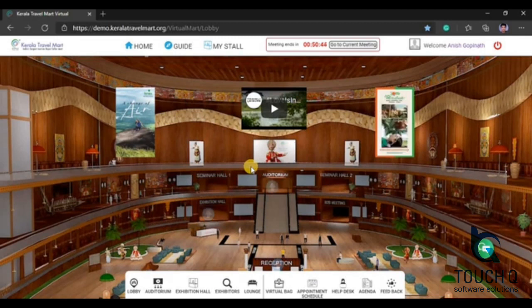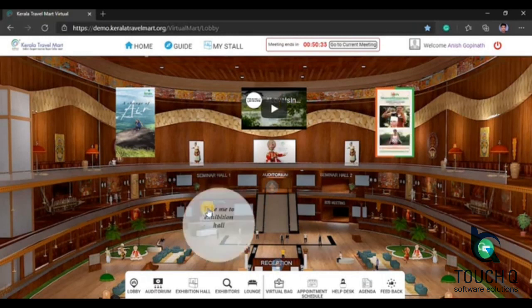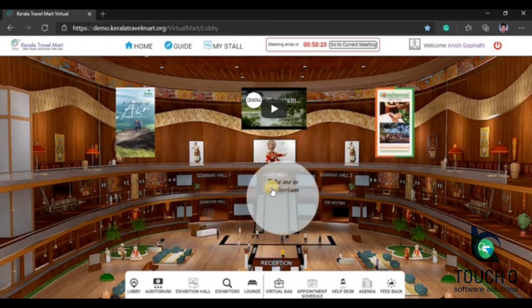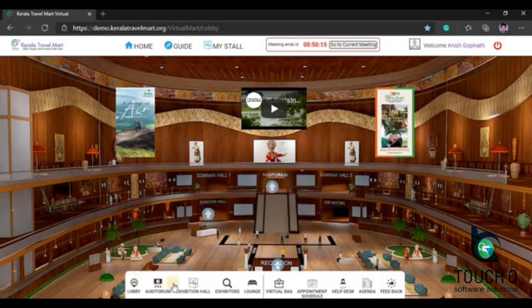We are starting our navigations from this launch area. Here you can view the advertisements and sponsorships and the advertisement video, etc. Also you can view the navigation indicators here. Here you can navigate to various areas like reception, exhibition hall, auditorium, etc. You can navigate using clicking on the image shown here, or you can use the quick launch button shown on the bottom of the menu.